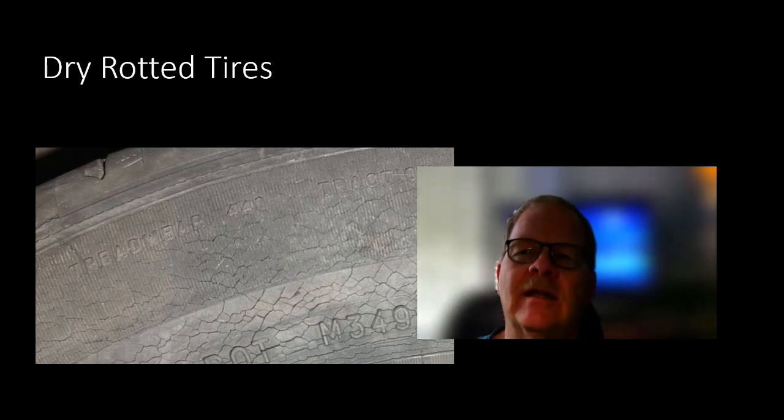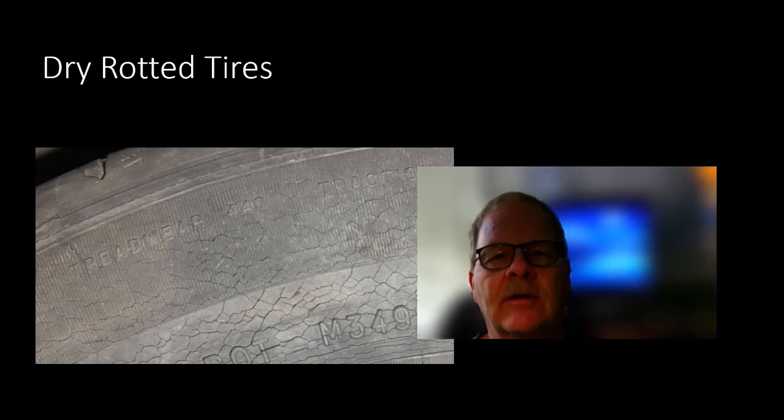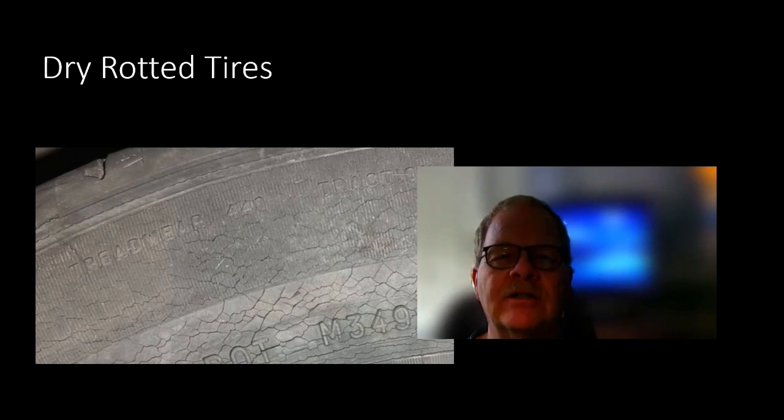One of the reasons they started requiring the tire pressure monitor system was because some of the vehicles were running low air pressure on the tires, and they were throwing tread off, and it was, you know, some of the SUVs that'll roll over and kill people. But something else that happens with tires is if you've got something like a Chrysler Crossfire, it's got